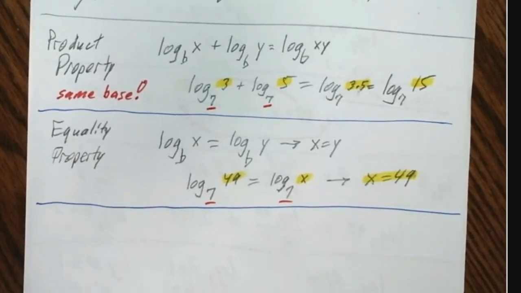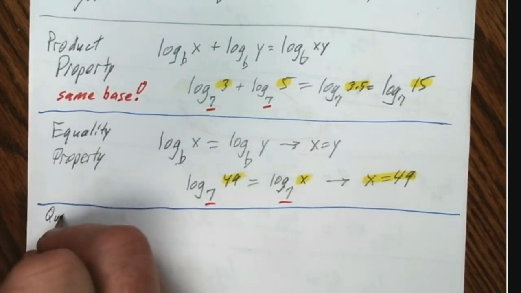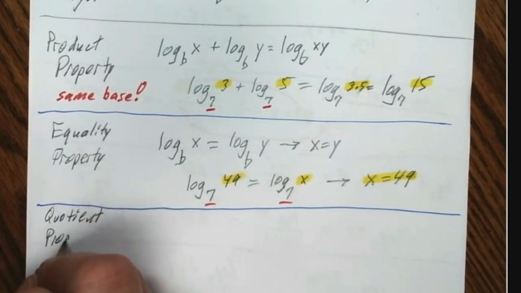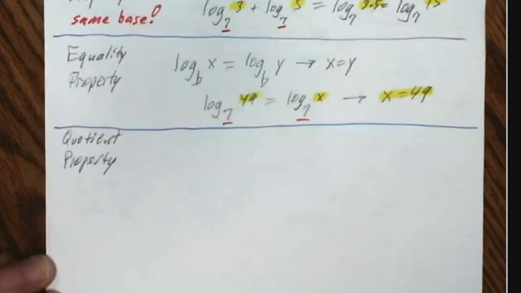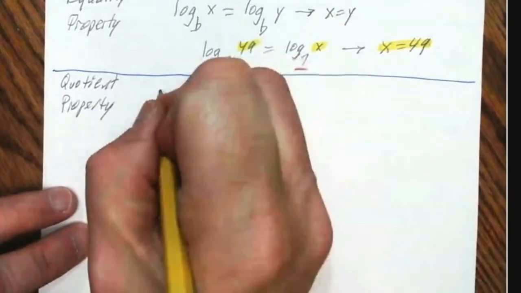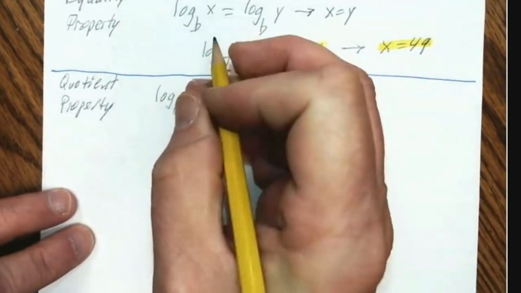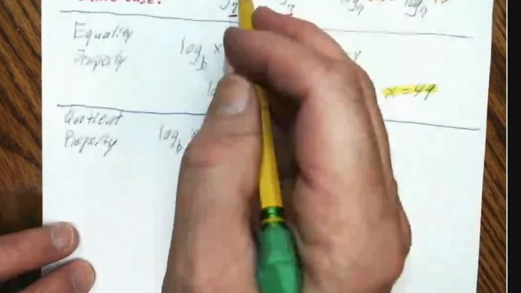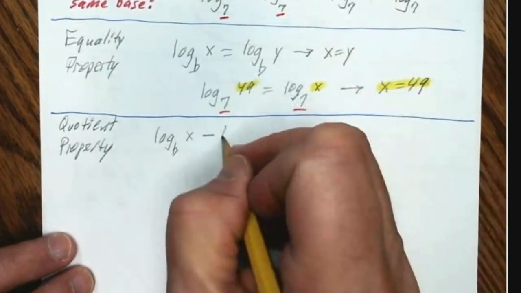Let's see the quotient property. All right, quotient. We'll get it up on the screen. So that says if we have log base B of X, it kind of goes with the product property here. We added them. If we subtract them,